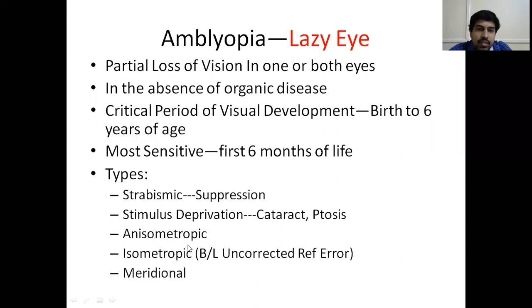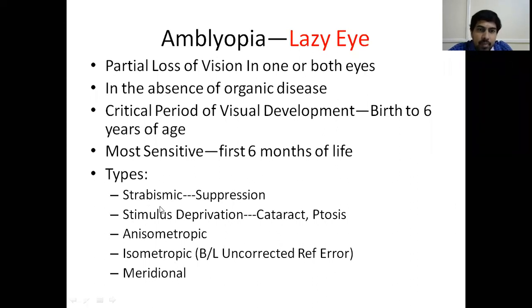Suppose one eye has got -1 power and the other eye has got -3 power. Then what happens is one eye goes into suppression because a double image will be formed. There will be diplopia and confusion. So anisometropia will be there. This anisometropia, they'll be teaching you in detail in your refractive errors class.